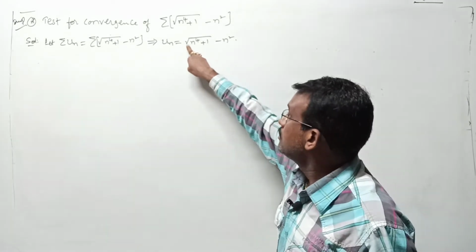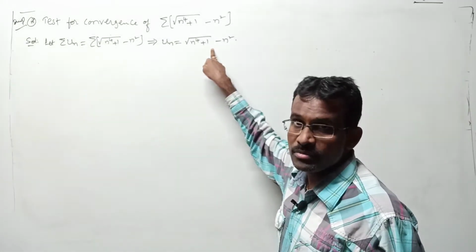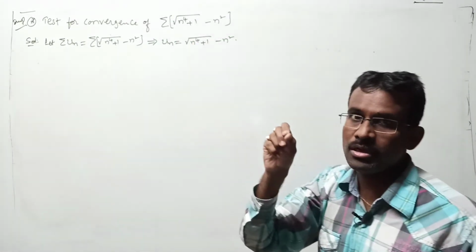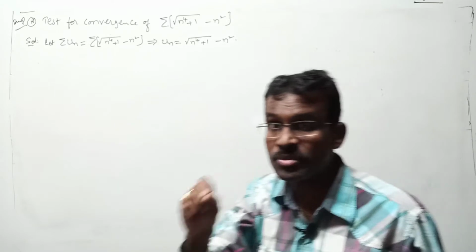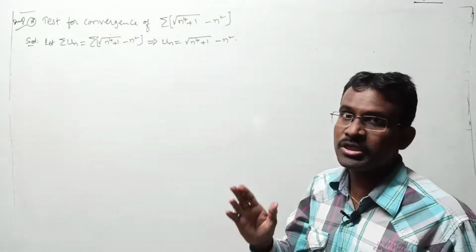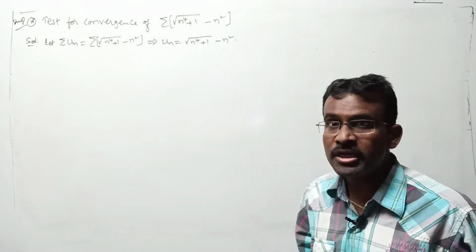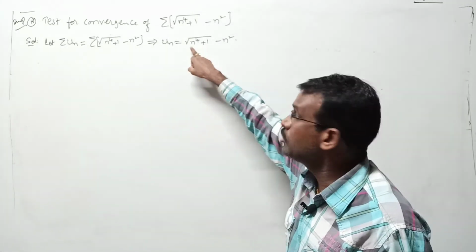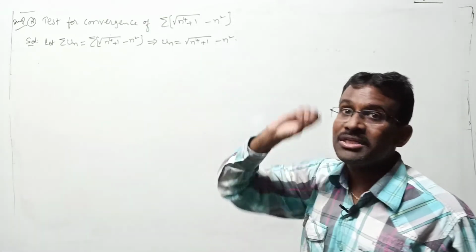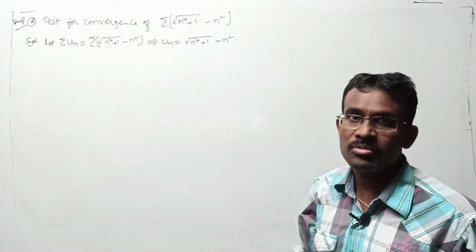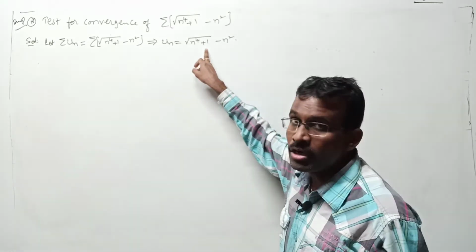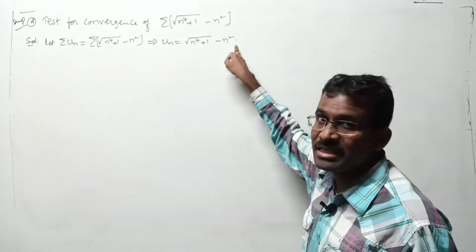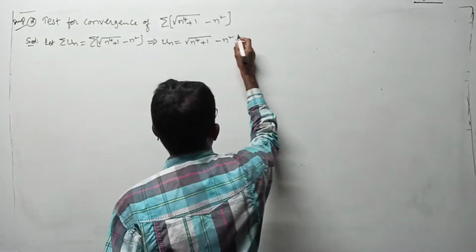Whenever in the numerator for the nth term, if any root term is there in the numerator, concentrate on this. I am telling tricks; this is the next trick. First trick is all n terms you can take common. Next trick is what? If in the numerator for n relation, if root is there, you have to rationalize that numerator. That means here first what we have to do? Multiply and divide with this root n power 4 plus 1 plus n square. We are rationalizing the numerator.